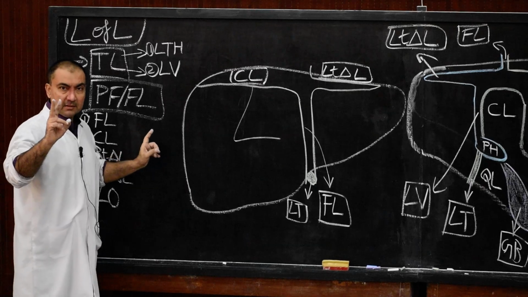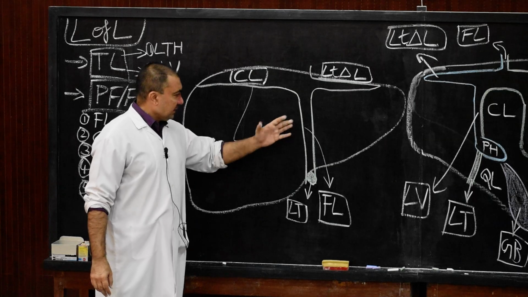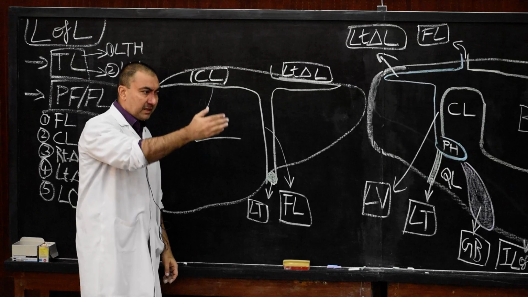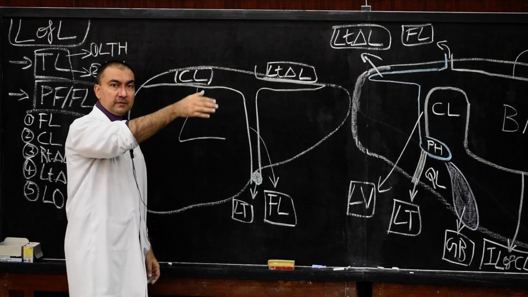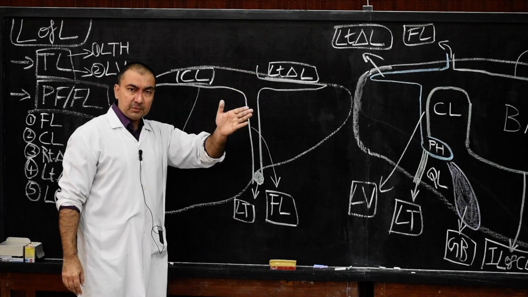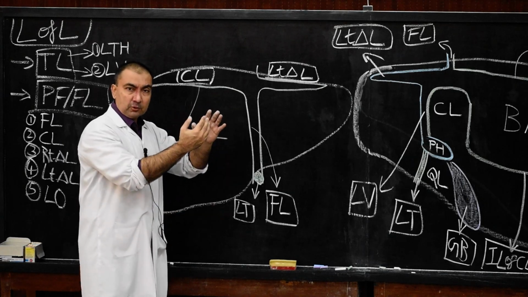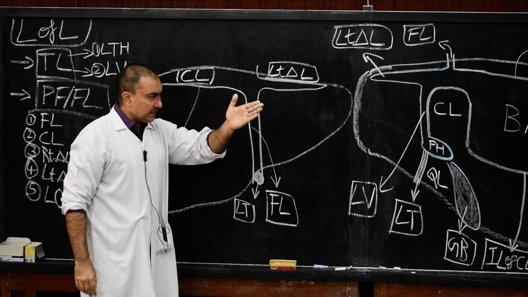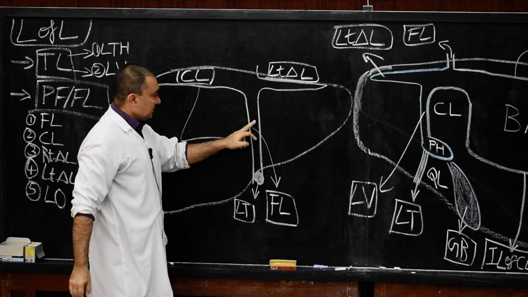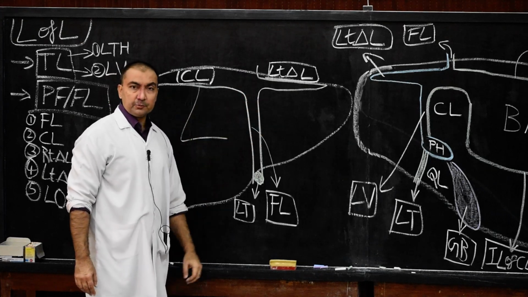It is double layered, please note down. If you consider this anterior surface, it will be attaching the liver with the anterior abdominal wall, and it will be continuous with the anterior abdominal wall and the under surface of diaphragm. That means the under surface of diaphragm, anterior abdominal wall and umbilicus will have a convex attachment. From that convex attachment, the two layers will pass on to the anterior superior surface of liver and will be attached there.